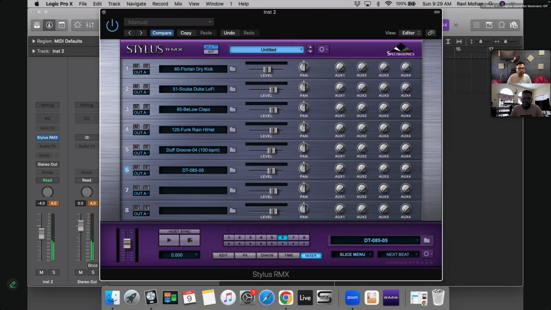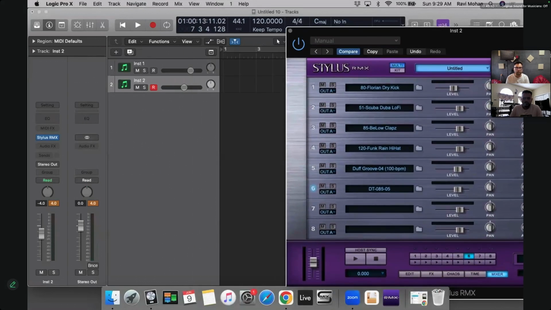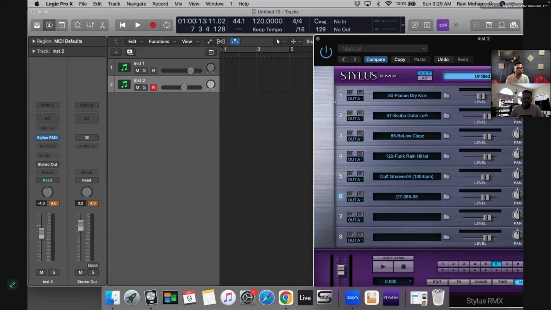Right, so we are ready with the groove, and we can spread the groove into different sections of our song and go that way.